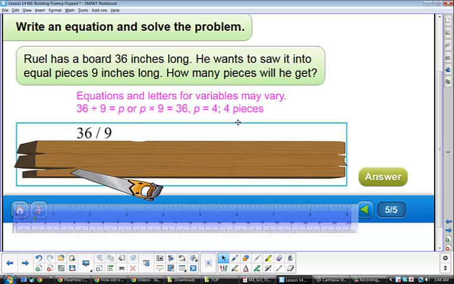The answer is 4. And notice they've put a P there. So to really get an answer, you need a box or a line there, right? Well, they've used a letter P to represent that box or that line. So remember, when you see an equation with a number in it or a letter, just think of it as a box or a line.